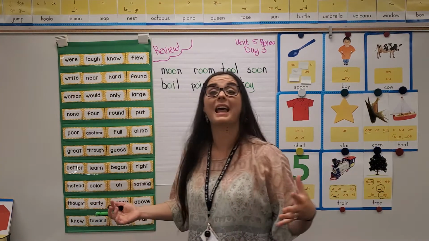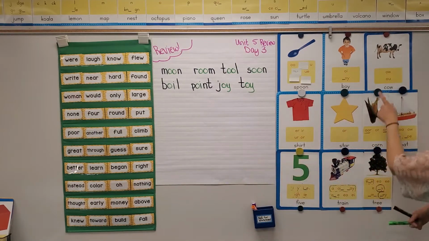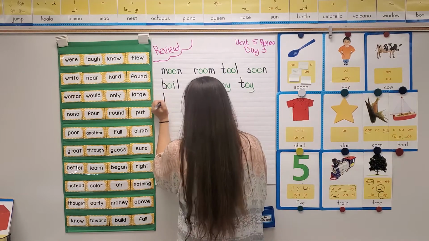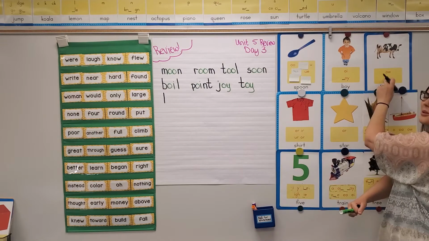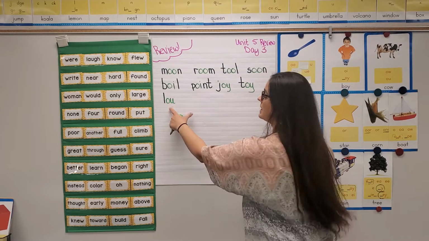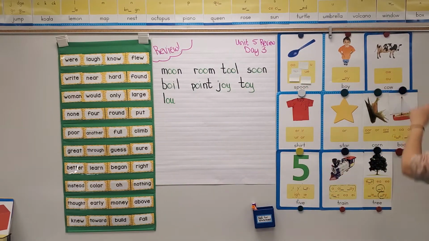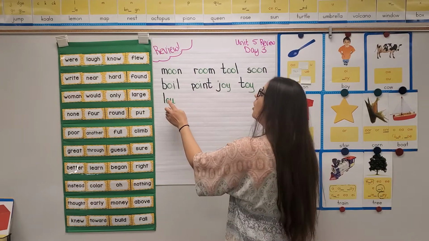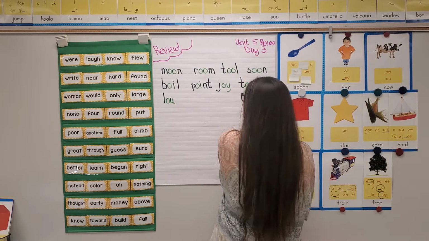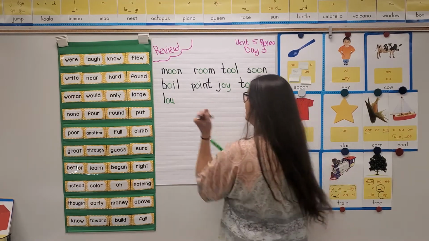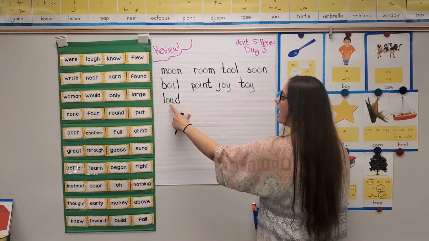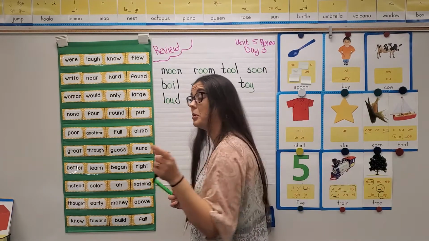Next word. Loud. Your turn. Ow. Ow. Duh. Loud. Remember that ow is like someone's pinching you because it hurts. You go, ow. And ow, you'll see in a word as either OU or OW. Always ow. Okay. And D says da. Let's blend. Ow, da. Loud. Your turn.